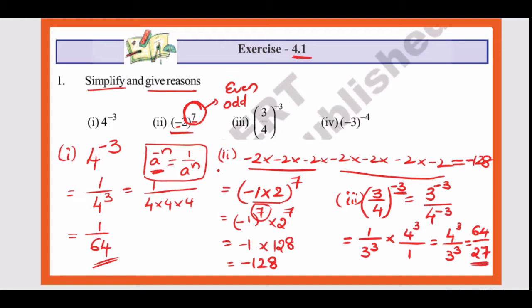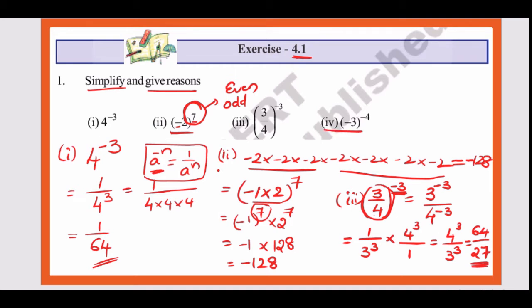So this is one approach. There is one more approach. Whenever you have a negative power, you can simply interchange the numerator and denominator. That is nothing but reciprocating, right? So if you reciprocate 3/4, you are going to get 4/3, and then this minus will vanish. So that is one particular way to solve this question. So there are two ways to solve this question. This is my approach, and you can do otherwise also, right?